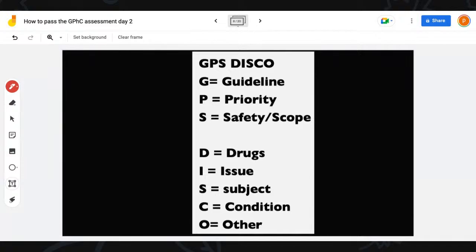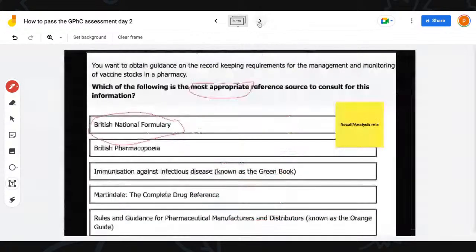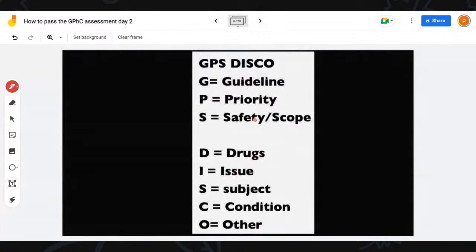Everything that I showed you in the previous slide, I showed you quite a lot of things that you need to look at when you're analyzing these questions. You have to know all of this stuff. This GPS strategy literally puts all of these things together for you. So I've taken all of these things to make it easy, and all you have to do is learn GPS DISCO. So we're going to talk about using the GPS DISCO strategy. We normally start with DISCO and then GPS. This is a very, very powerful tool for you to use, and I'm going to show you how to apply this.